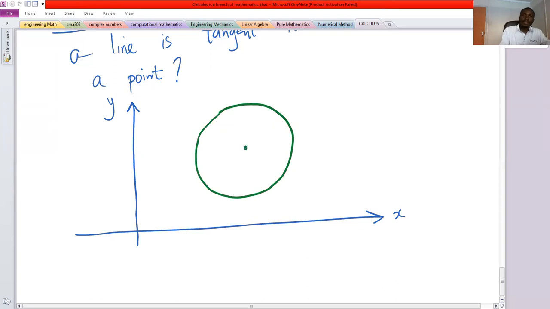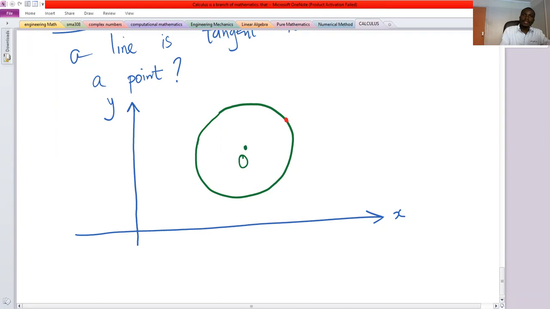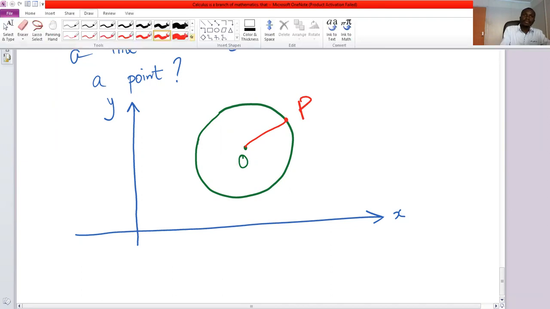Let's assume that this is the center of this circle. Now, if I have a point P here, I call this point P. Now, through this point P, if I have a line